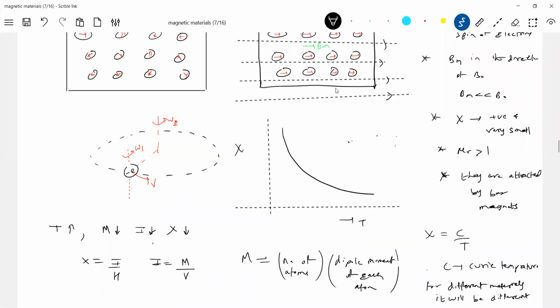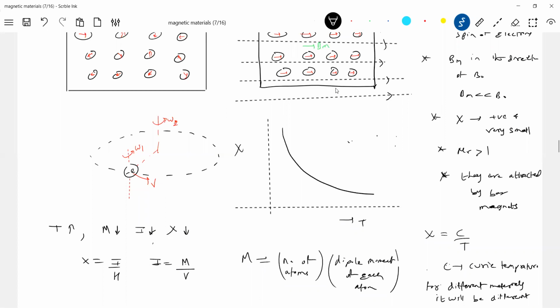Again, the Curie constant, okay? It's called a constant. For a given material, it will be constant, and for different materials, it will be different here. That's why in books nobody goes for the value of C, because it's a very difficult quantity to measure. We don't have much data. If you refer to some very good research materials, you'll get that. But in ordinary books, nobody is able to publish the value of C even for any substance. Very rare we have seen. I have collected a few. I'll show that for different materials, what is the value of C. For different materials, the value of Curie temperature will be different. It is not the speed of light.